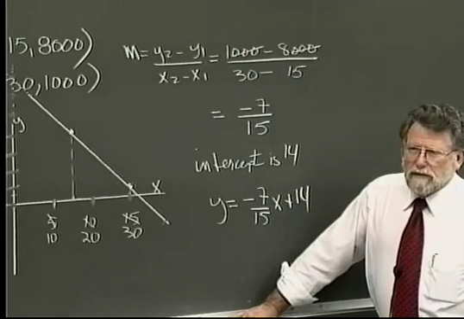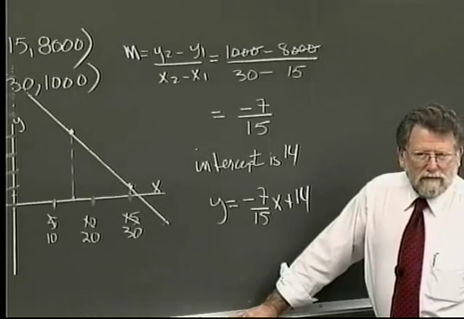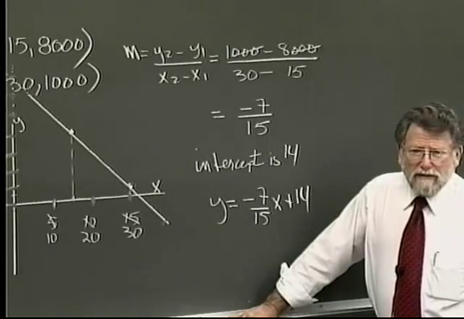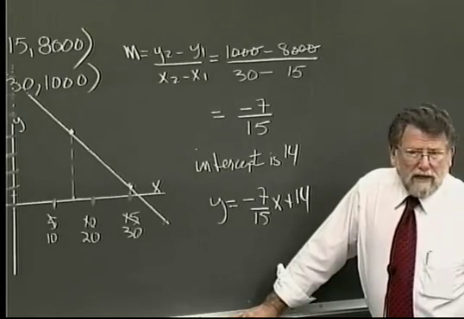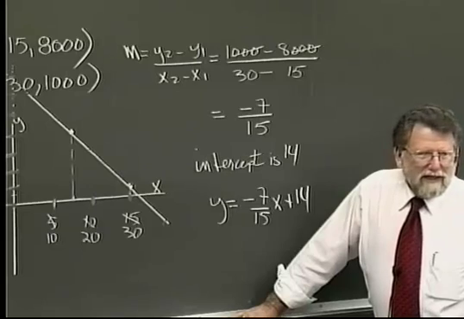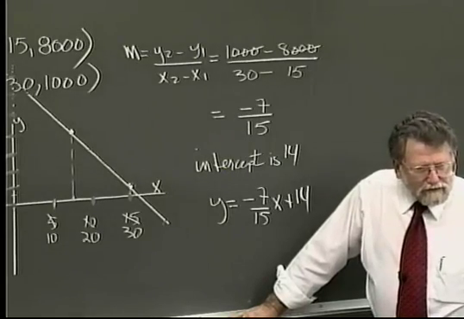There it is. Y equals negative 7 over 15x plus 14. Done. I now have an equation of the line. Now, how accurate is it? The slope I'm comfortable on. The intercept, that's debatable. This says that if you sell it for no money,